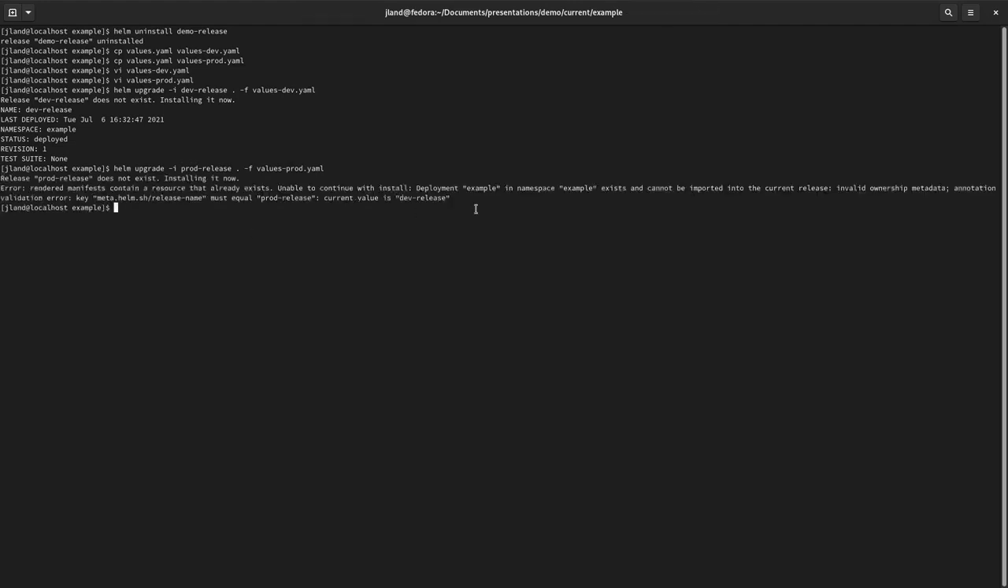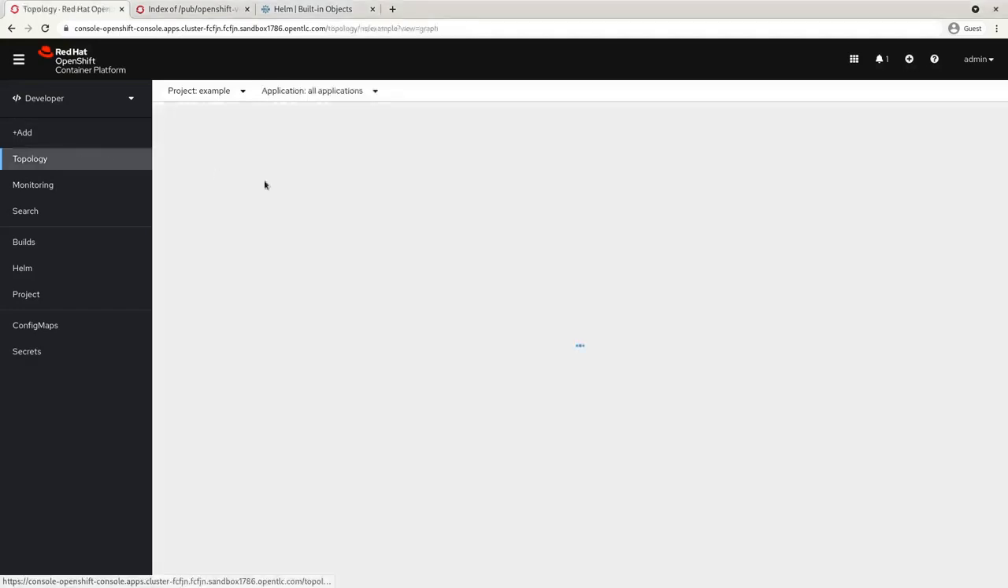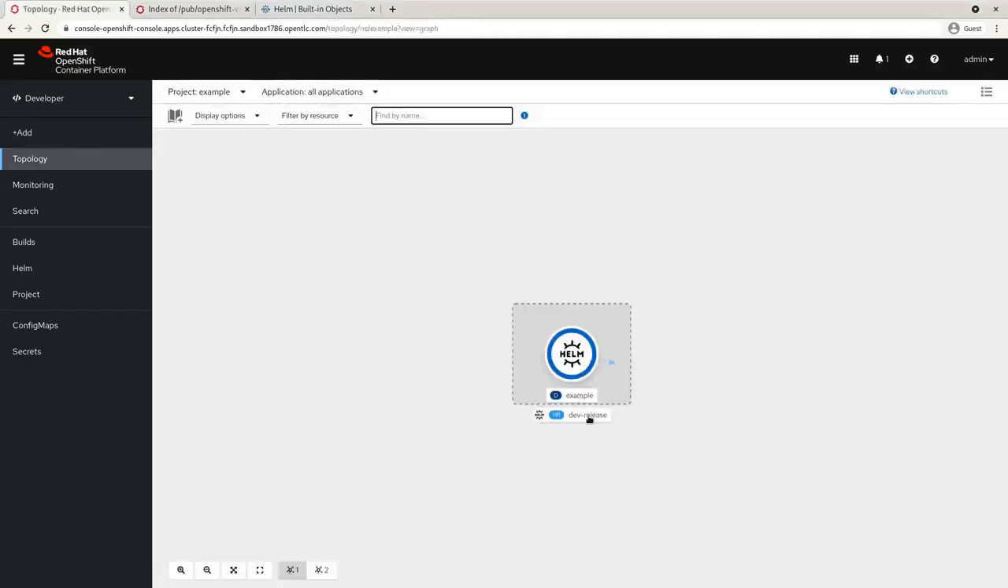So you can see here that we are getting an error, and the error has to do with the fact that we have a deployment named example already on our namespace. That's because our deployment name of example was already deployed with our dev release. So what we need to do here in order to make this work for our demo is make the deployment name dynamic. And the way we can do that